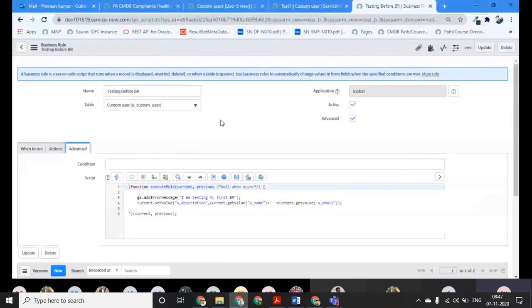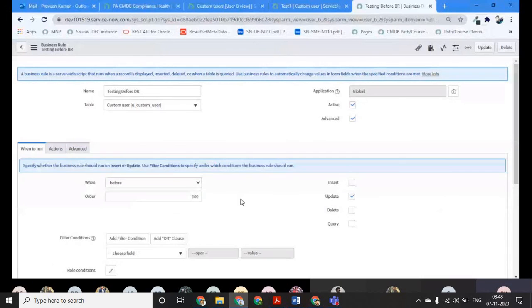So guys, we can do practice today using this stuff only. Tomorrow we will cover glide aggregate again, because a few things I also looked into glide aggregate with more clarity. Apart from it, we will cover more advanced things in the business rule, like all the types of business rule, whether it is before, after, async, display. I think it is a topic which will take more time, and I have to ask Pradyuman as well to adjust it somewhere this time. But okay, no issues. We will cover tomorrow glide aggregate and advanced things of business rule, and if some time remains, then we will do other topics.